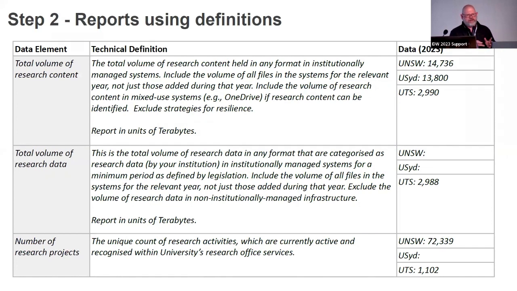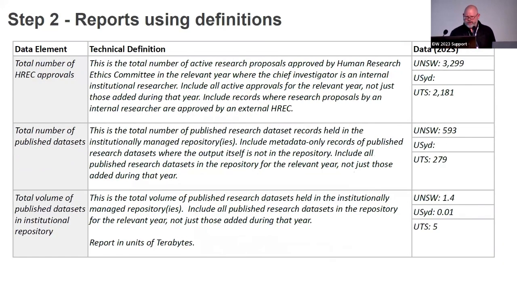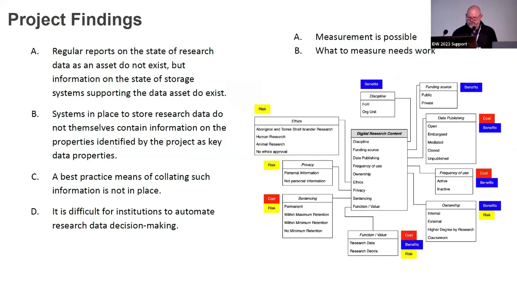And with the definitions that we'd agreed to, actually start reporting that to ourselves, if to nobody else, because we were the ones that cared. And so we said, why shouldn't we just start reporting to ourselves? And so we started doing that piece of work. But the manual work that it took to get these numbers out of these systems was hard, and it's not automated. So we have numbers for some of the definitions that we agreed to collect, and we kept doing the work, and we published some of this finding across the institutions that were involved in this project.